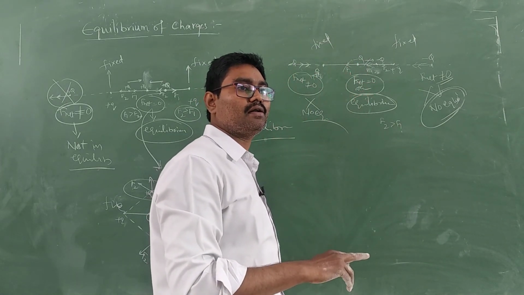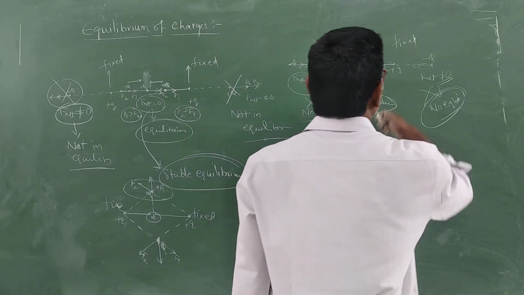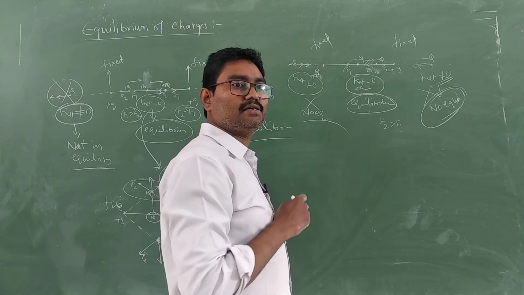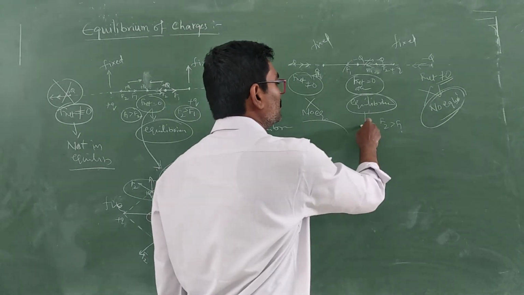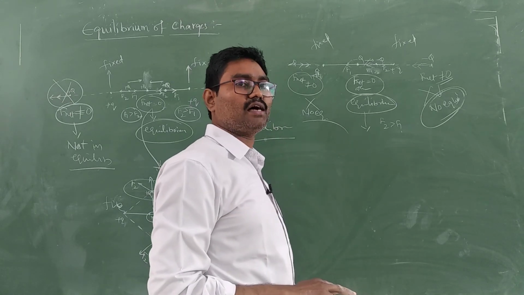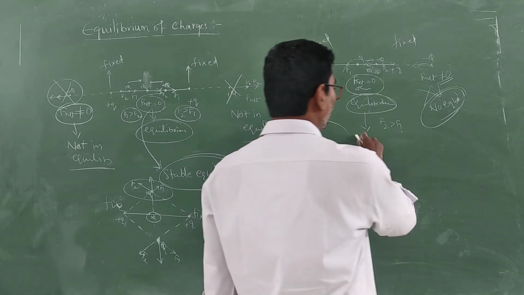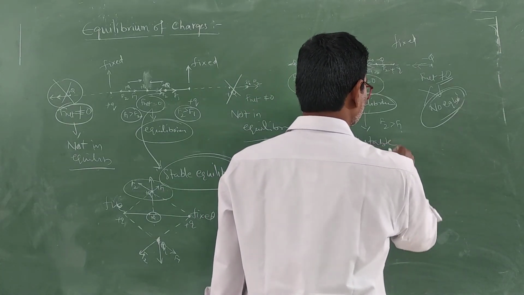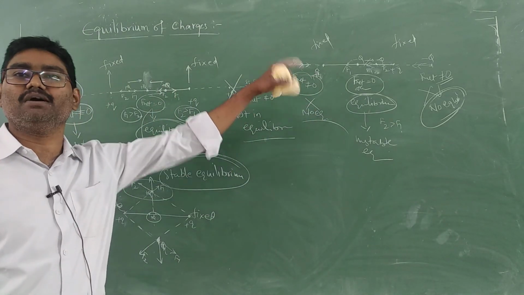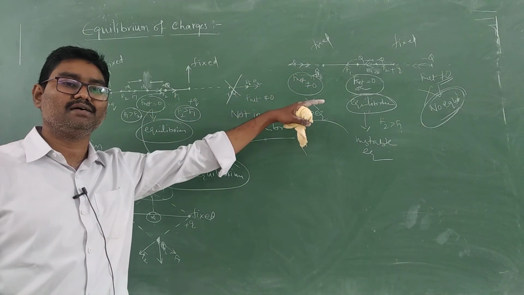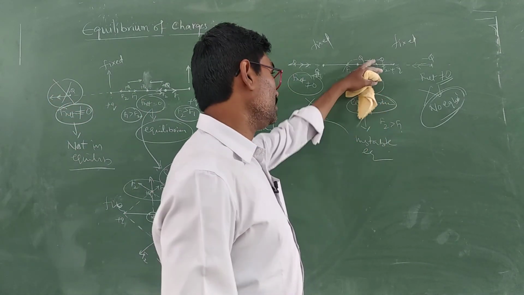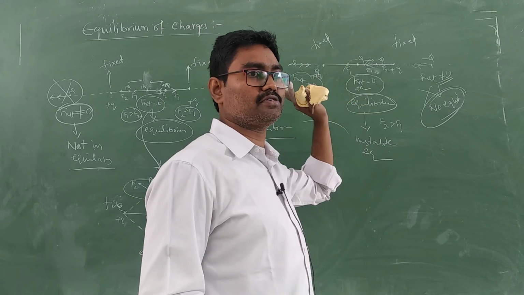So what will happen? It moves towards the second charge. Will it go back? No, sir. So that means unstable equilibrium. Okay? Unstable. Understood? If it is coming back, stable. If it is not coming back, unstable. Here it is not coming back, so unstable. Even if you place it on the right side, it is the same process.